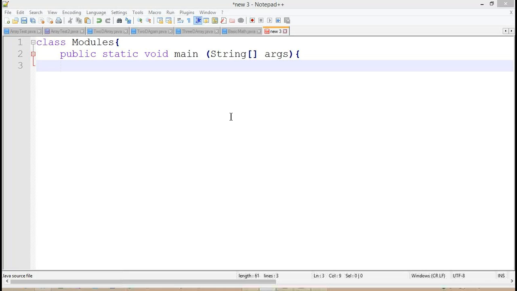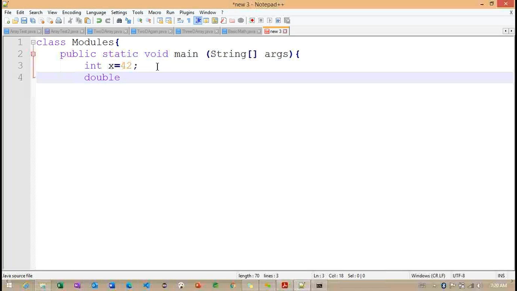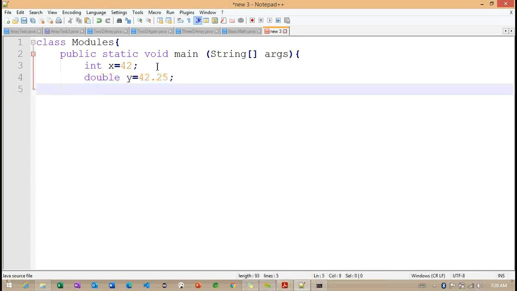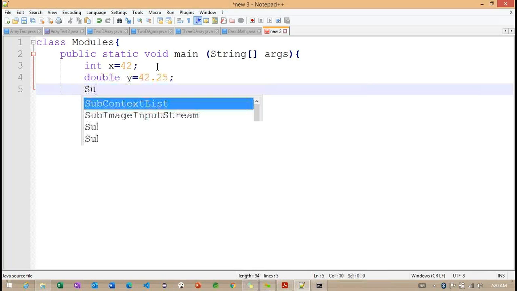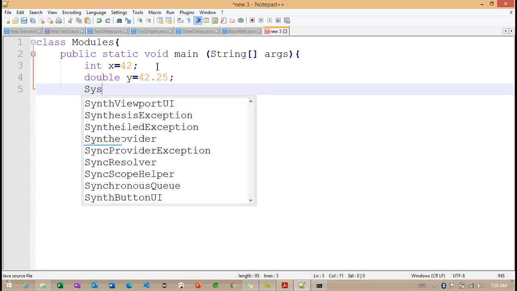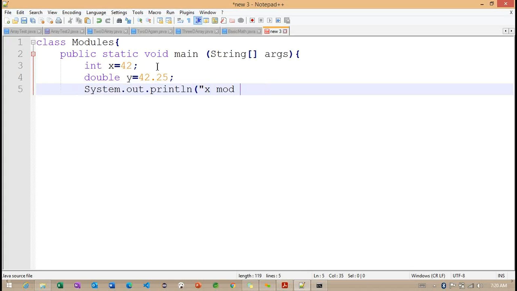Now I'm going to use these particular operators here, println of x mod 10. So we need to understand how exactly this works. To check with this example, what I'm doing is x mod 10 here.